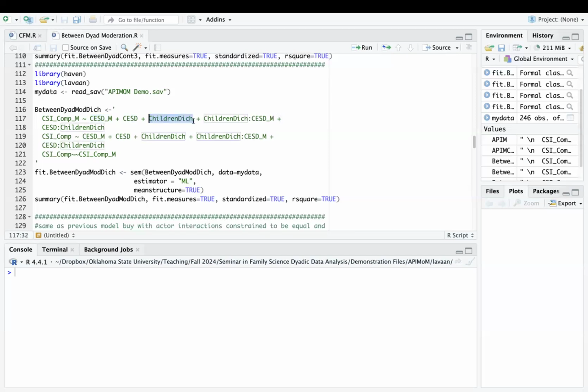And we have our between dyad moderator. A between dyad moderator is a variable that has the same value for both members of your dyad. So your male and your female reports in our heterosexual couple example have the exact same values, but those values differ across different couples in your sample. Here I've created a dichotomous variable from the number of children that the couple has to whether or not they have children